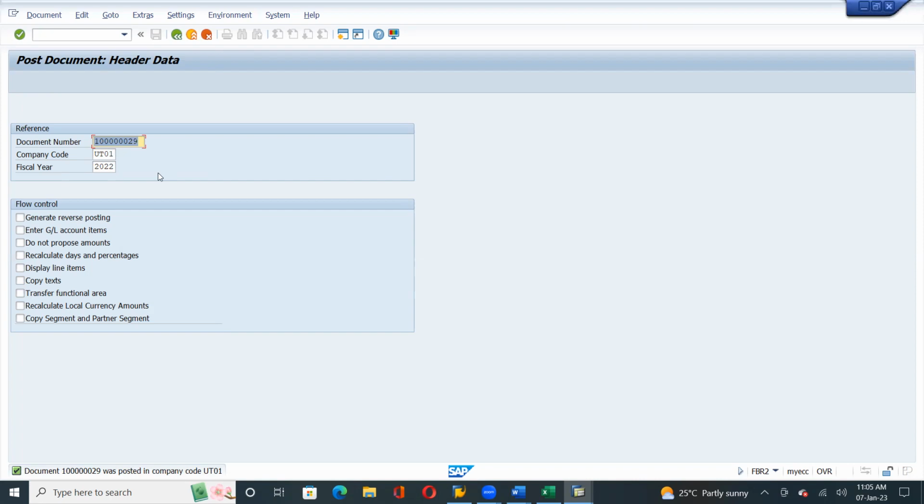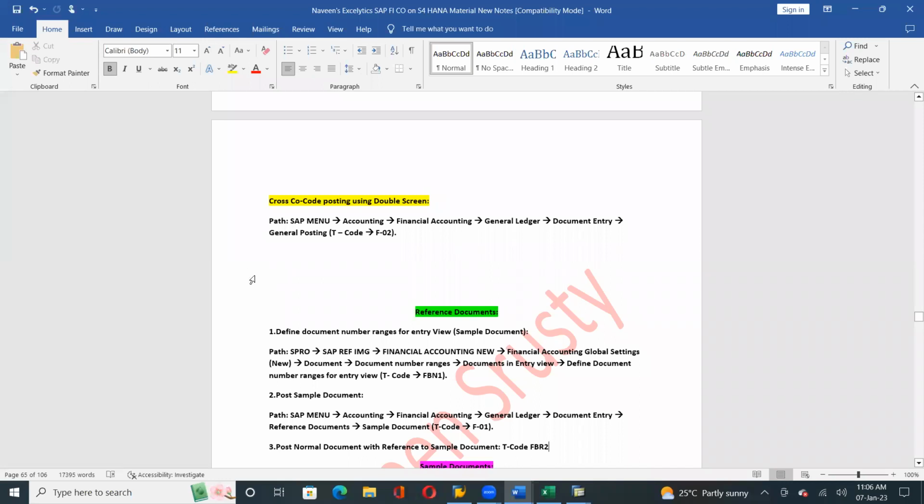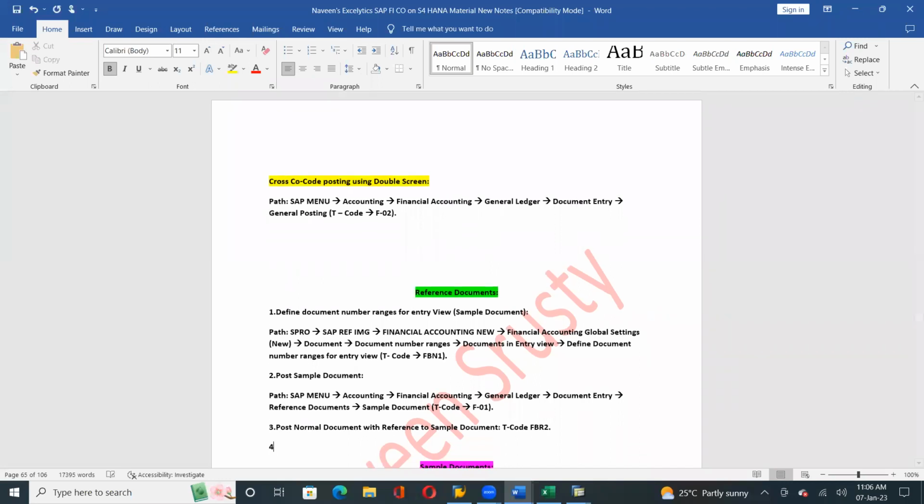Write down the document number. Okay, write down next one. So is it done, everyone? From one sample document, we have posted two normal documents. So write down. Write down display sample document list. Next step, write down display sample documents. Fourth step,